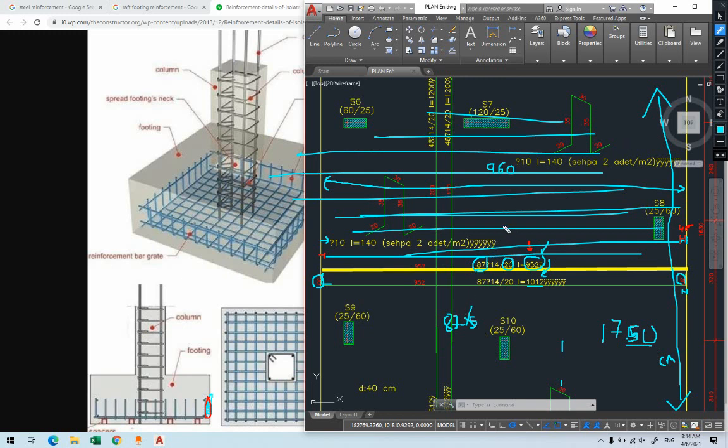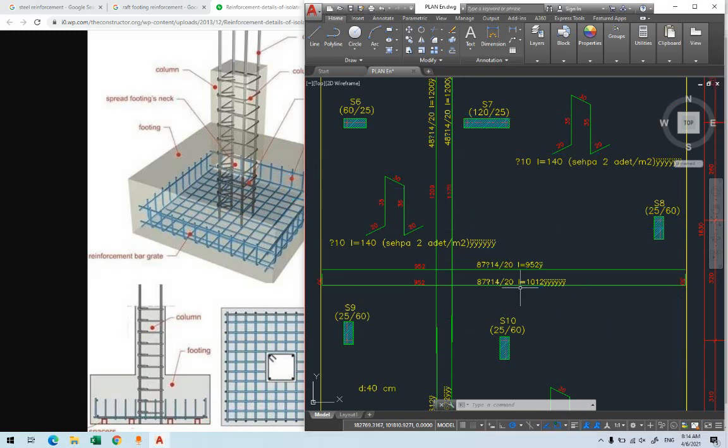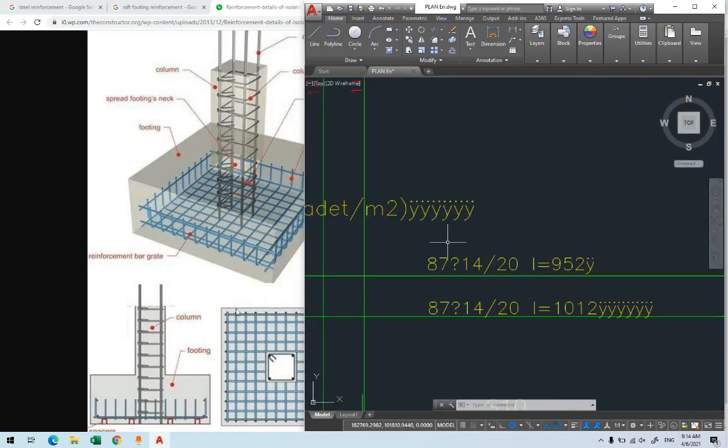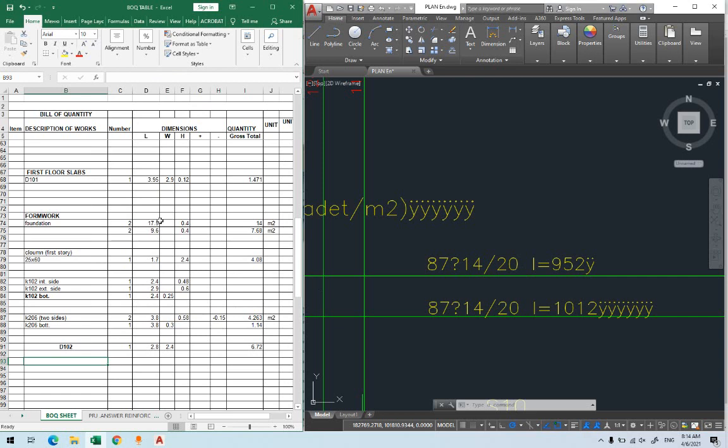When you learn how to design reinforcement, then you will understand how to find the number of them, spacing, what it means. For me here, that's why I'm not going to make you responsible for this detailing of how to calculate the number, which will be given directly on the drawings here. So here it's given, we're just going to place this into the